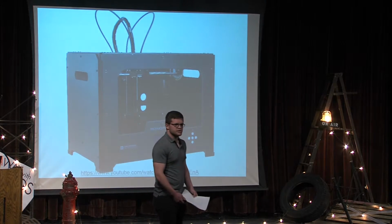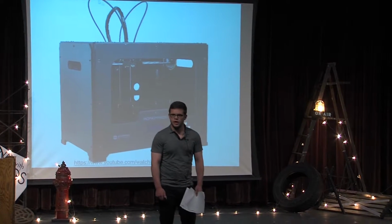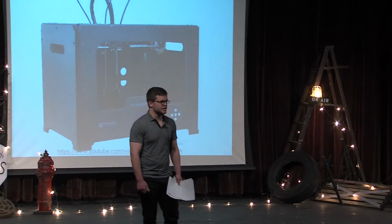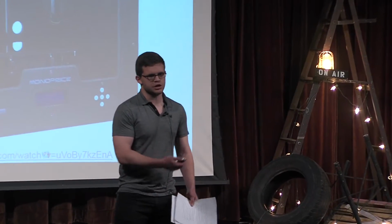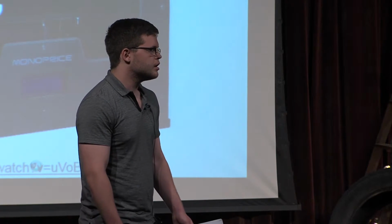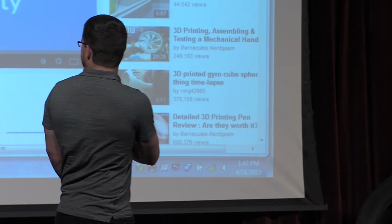Let's apply this idea into a real-world situation. Imagine this for a second. You sit down at your computer and go to a website like Amazon. You're looking for a specific product, let's say a pair of shoes, like in the picture. So you find the exact perfect style that you want, you pick your size, you enter your payment information, and you confirm your purchase. But then, what if instead of receiving a receipt or it telling you when it's going to be delivered, instead you hear the box